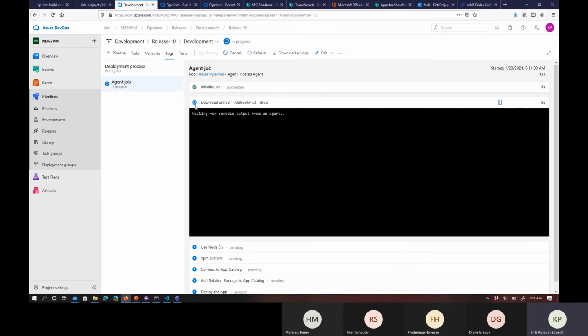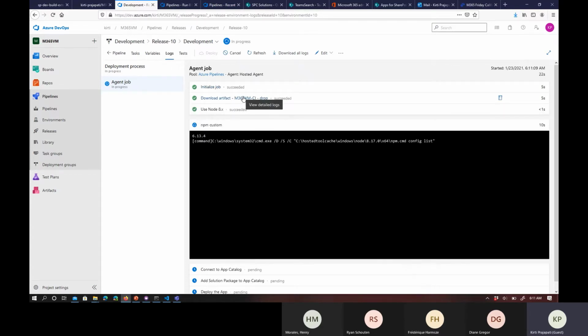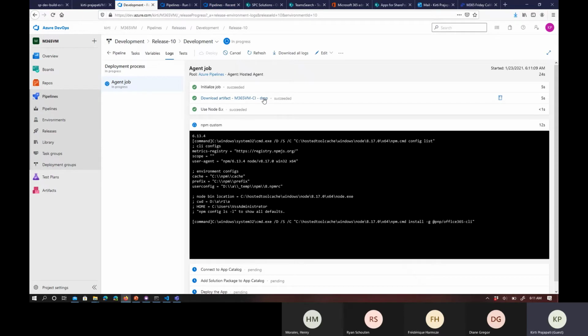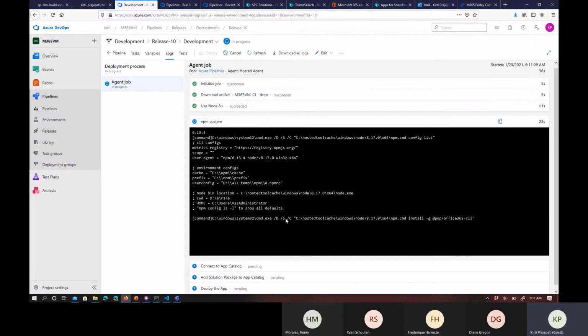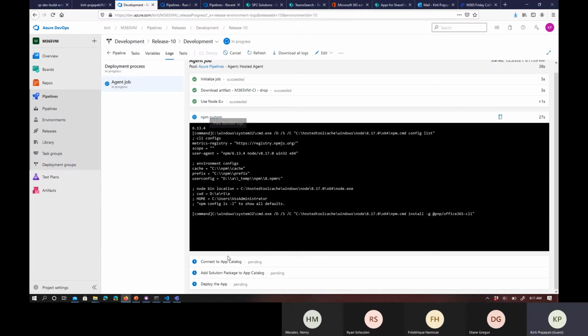And then here you can also see that this will execute this set of commands. So in the pipeline, all the artifacts are copied into this drop folder. Now it is trying to download it, and then we will use the npm custom command where we are trying to use these artifacts, and then it will connect to the app catalog.